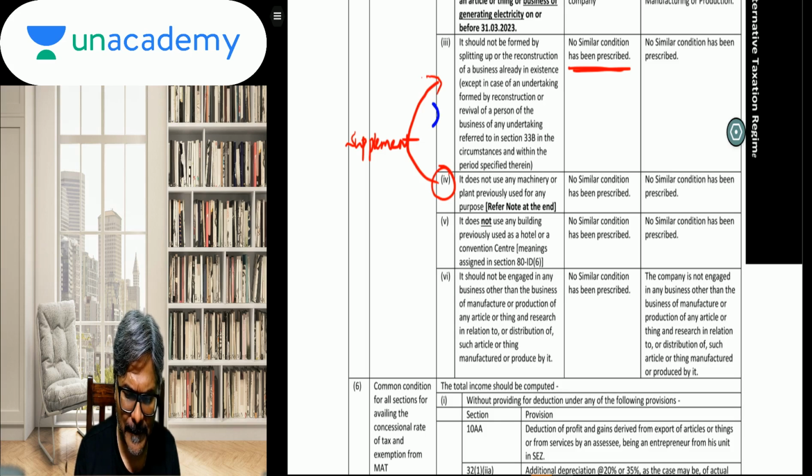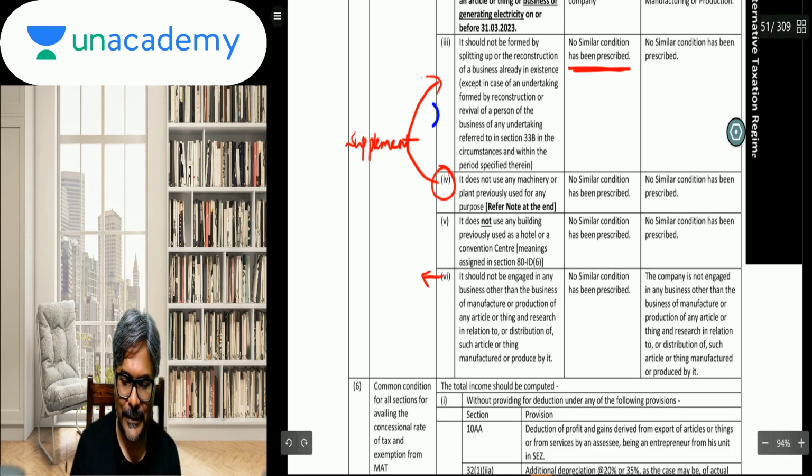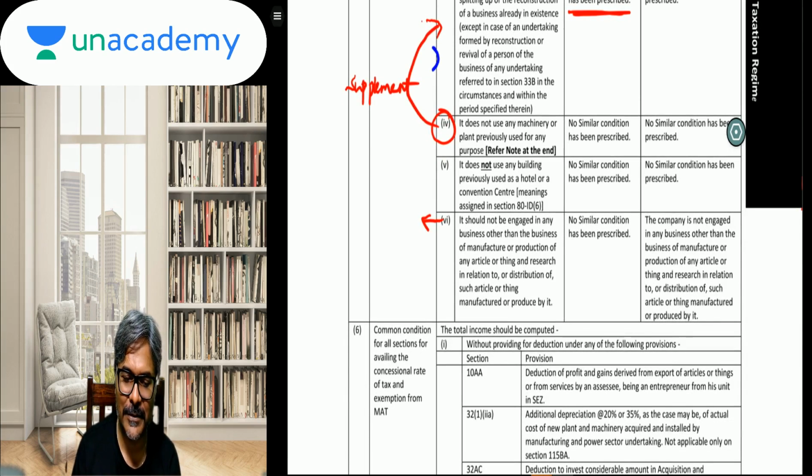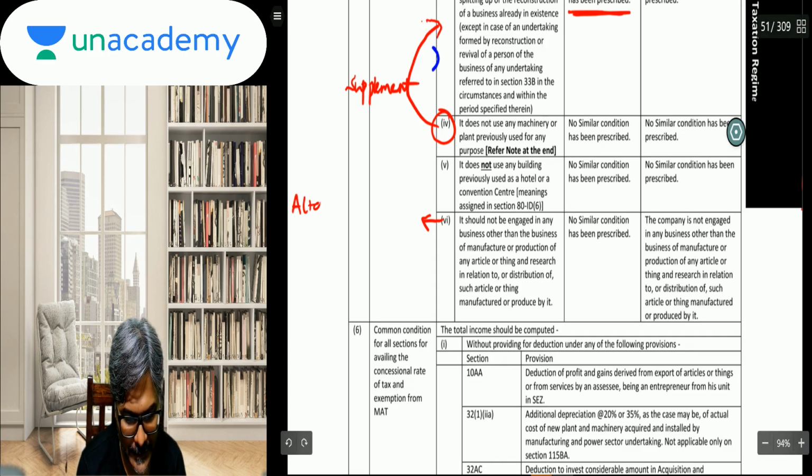Point number 6. It should not be engaged in, this is a very important point, friends. It should not be engaged in any business other than a business of manufacture or production of any article or thing, and research in relation to or distribution of such article or thing manufactured or produced by it. Now, A Limited, you can just write the example, students, started